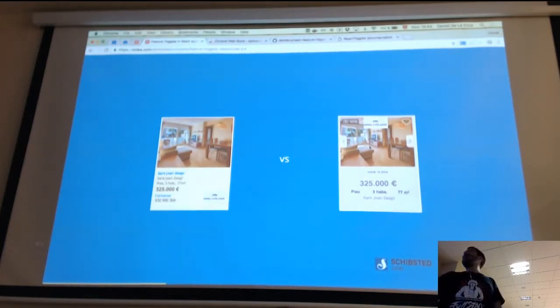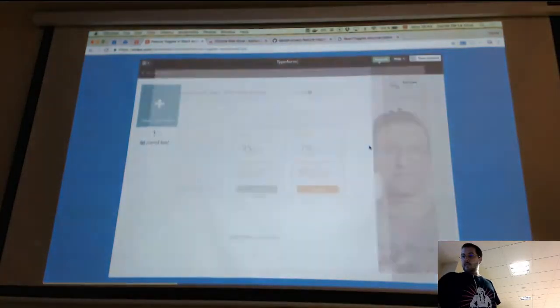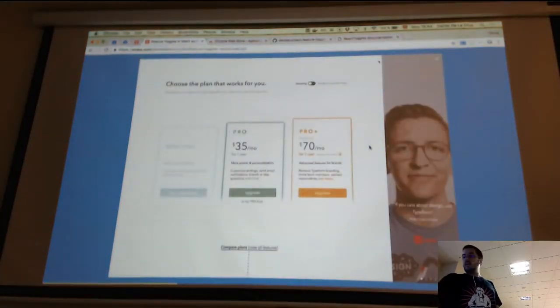For example, the version on the left is the old one, and the version on the right is the new one. We introduced, for example, a slider. We changed the background. We changed the typography. All of this was toggled with a feature toggle, and this is useful because you learn by toggling new features. For example, at Typhon, which is the company that we are using now, we are